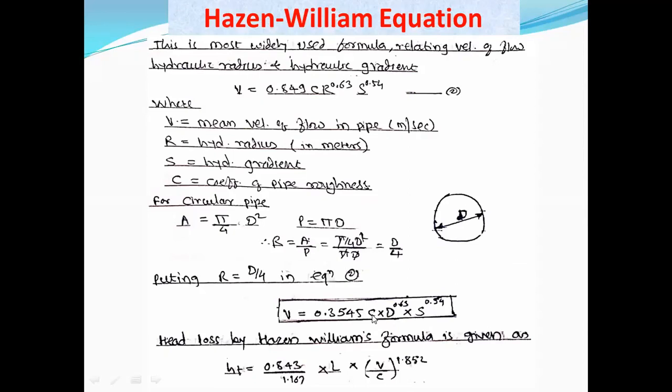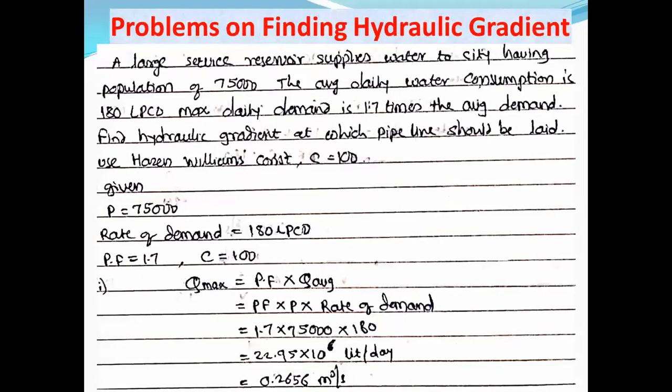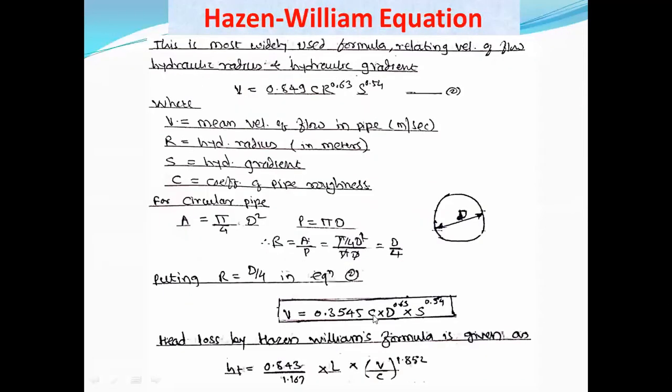Now it is the question of diameter. Then what else have they given in the problem? Discharge is given, and the discharge is calculated, that is 0.2656, right? Now about the velocity, what do we do? We assume the velocity. There are two unknowns in this equation, we do not know d and we do not know v. Generally the velocity of flow inside the pipe is kept near 1.2 meter per second.